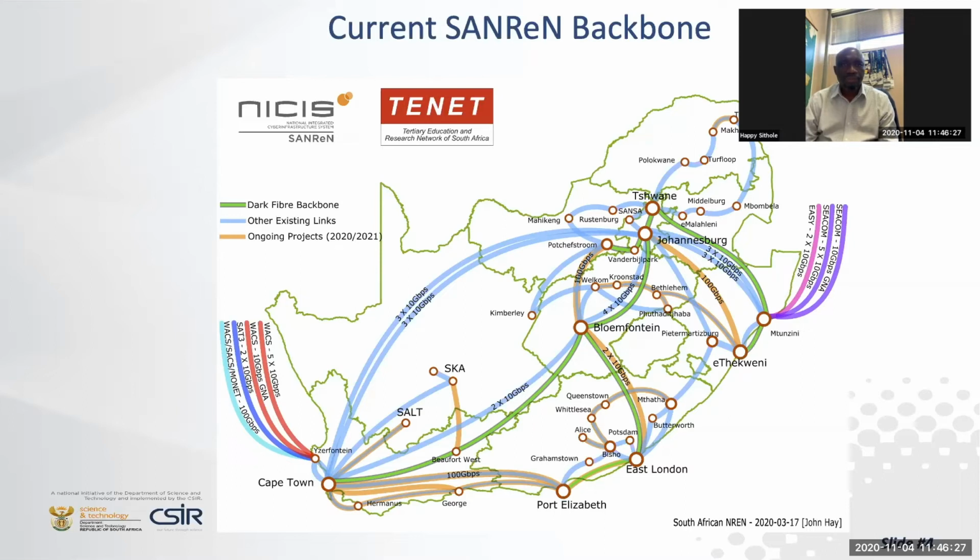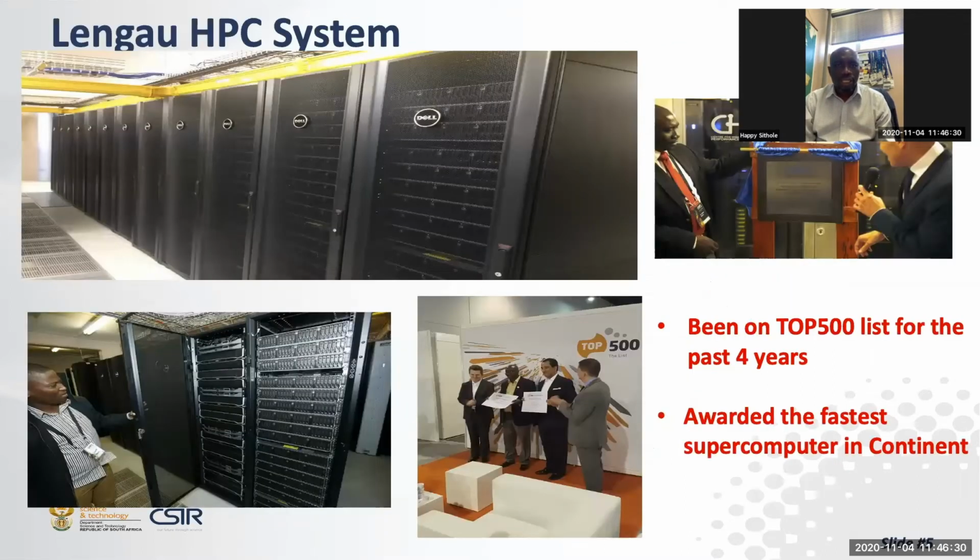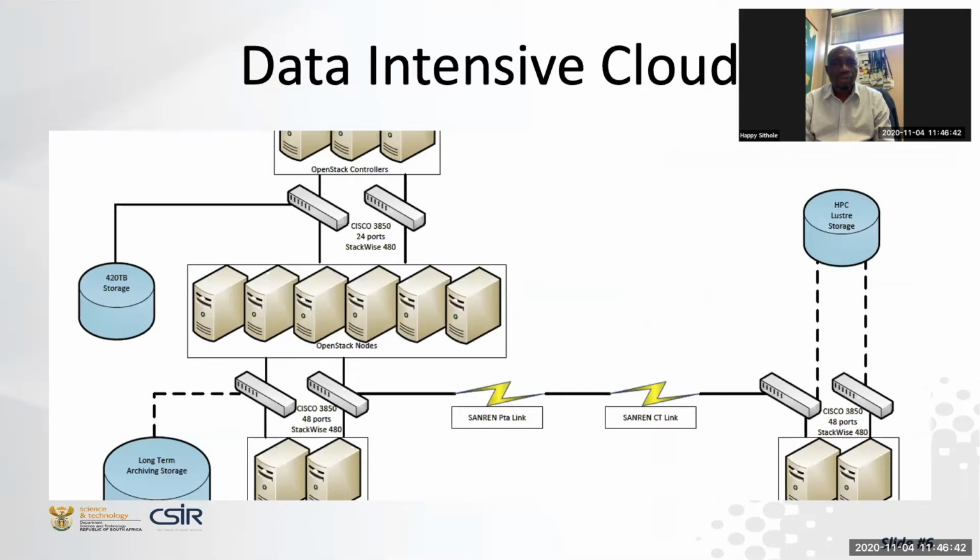Next slide. So on the next slide, these are all about the systems that we have, and these are accessible to the rest of the country. The next slide. So this part is now where we have put on the cloud systems that our users already have access to. So we have already put in this one here, it's an OpenStack, but that is based on Red Hat. And on the next slide,